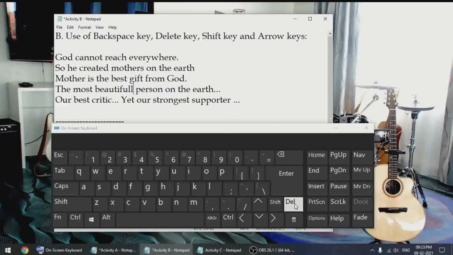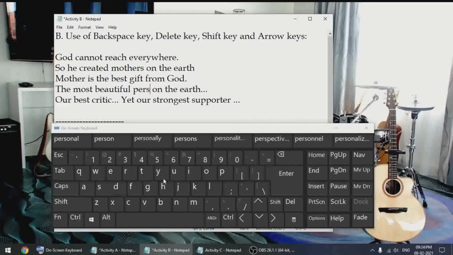The keys delete and backspace are two different things. I'm going to show you what each of these do. We'll first use the backspace key. You can see that it deletes a letter to the left hand side. That means this side. Now, if we use the delete key, just notice what happens. The delete key deletes letters to the right side. I'll type that again. I hope you understood the difference between the backspace and the delete keys.